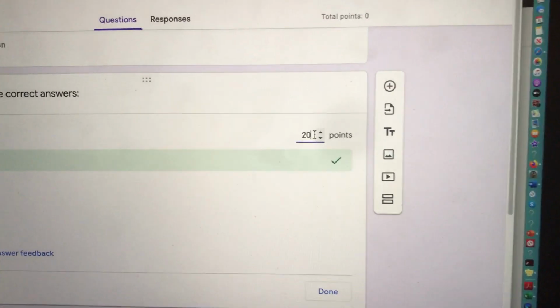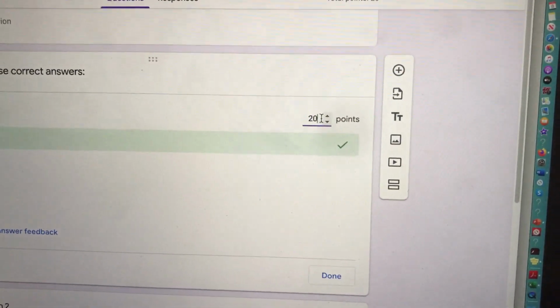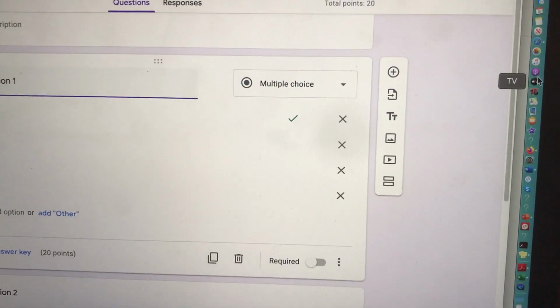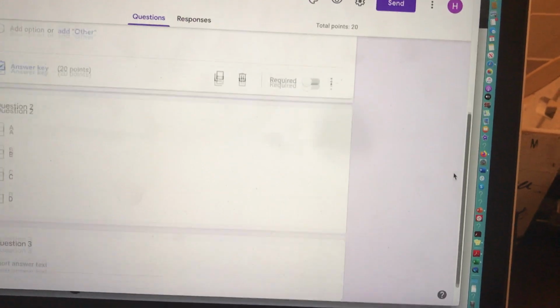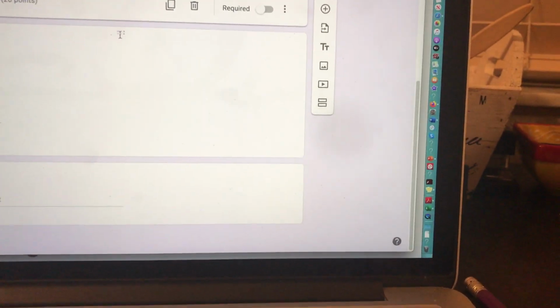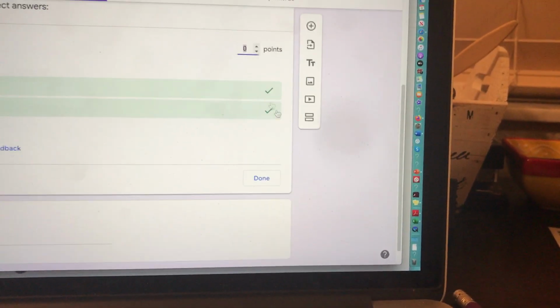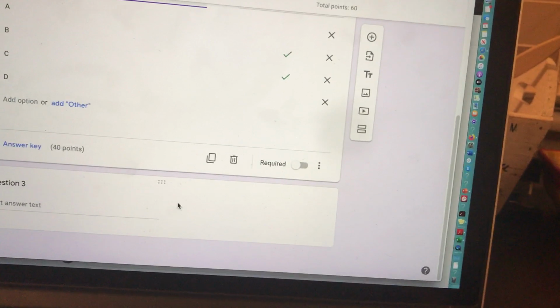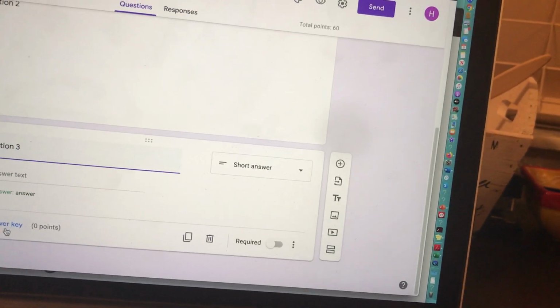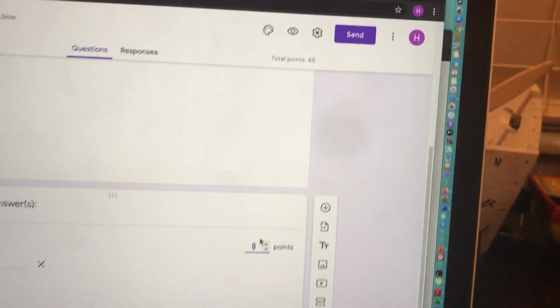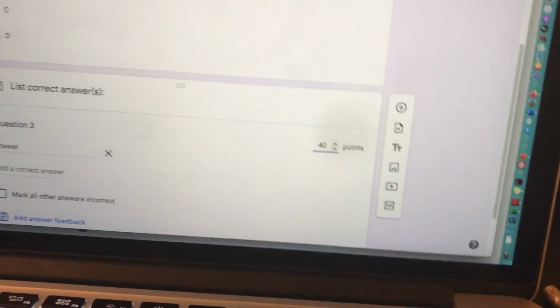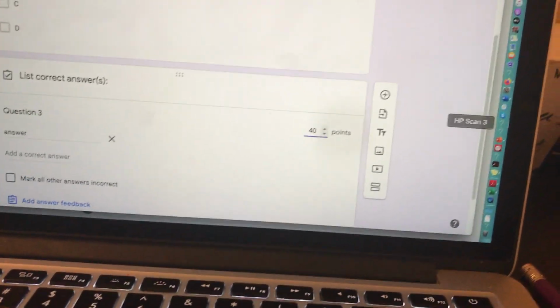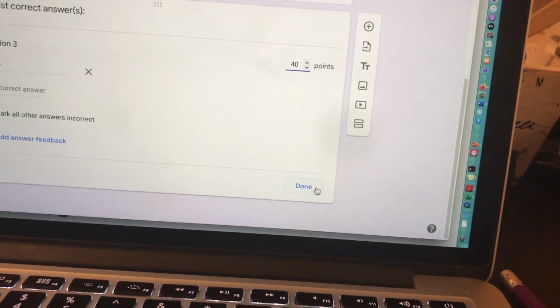So for example, I'm just gonna make this one worth 20 points. I'm gonna make question 2 worth 40 points. And I'm gonna make question 3 worth, I guess 40 points as well. So it equals 100. You can do it to be whatever point value you want it to be, but again,